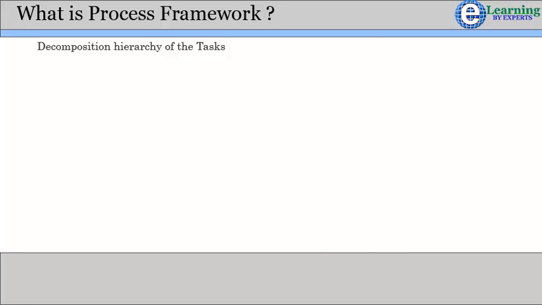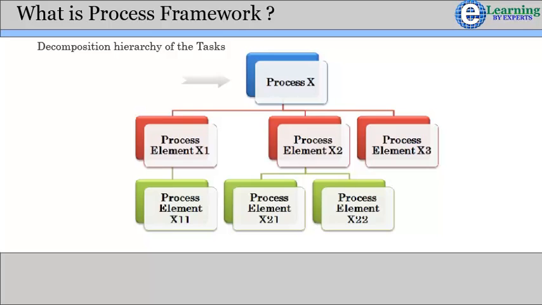Business process framework is a decomposition hierarchy of the tasks that an enterprise needs to consider. Here, we see a representative process element, Process X, which might provide a specific area of capability within an enterprise, say, handling of customer orders. When analyzed, it is decided that the contained functionality, behavior, etc., associated with that process should be subdivided into 3